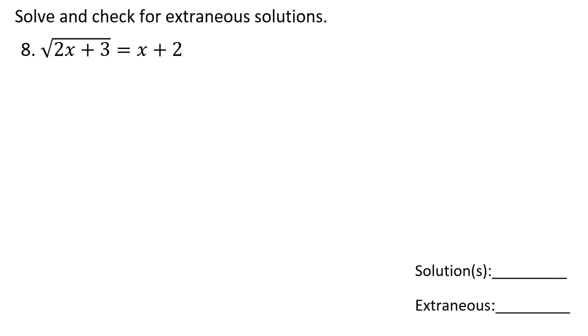So it has an index of a 2, so I'm going to use an exponent of a 2. Now don't forget, when we square the entire quantity of x plus 2, that's going to have this 2 here and this square root cancel out. So we're going to be left with 2x plus 3 equals. Now once again, you can go ahead and use the box off to the side